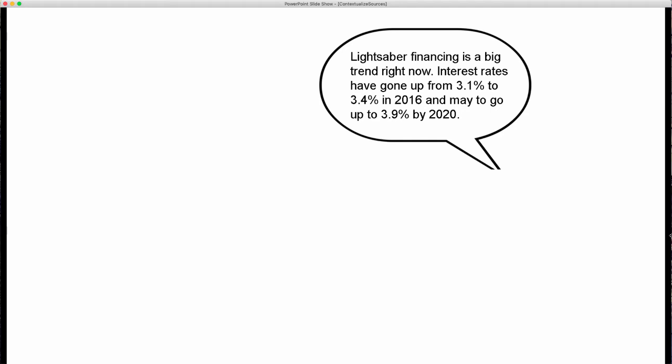We could say something like this: lightsaber financing is a big trend right now. Interest rates have gone up from 3.1% to 3.4% in 2016 and may go up to 3.9% by 2020. Well,